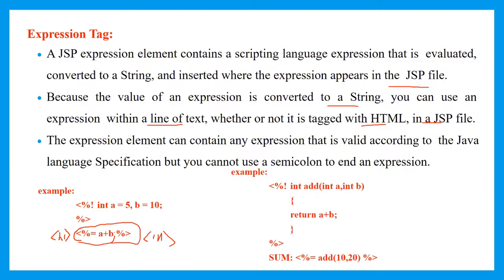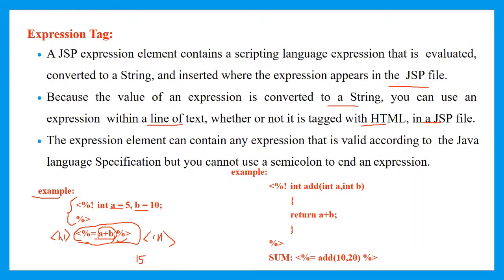This is an example for finding the sum of two numbers by using JSP code. First, I have initialized the variables a and b by making use of a declaration tag. Then I need to find the sum of a and b. For that, I have made use of an expression tag. So the expression tag opens with <%= followed by the statement. The statement for this example is a plus b, which is going to give the sum of a and b. Then I close the expression tag. So here I will get a result of 15. This is one way of using an expression tag.